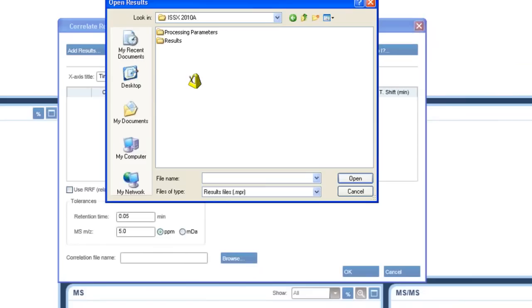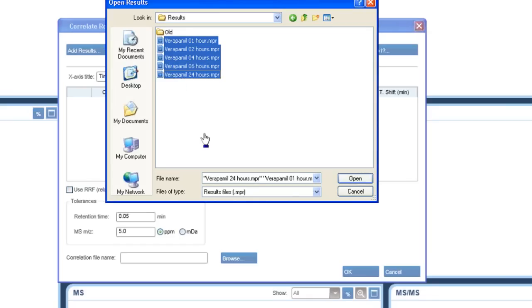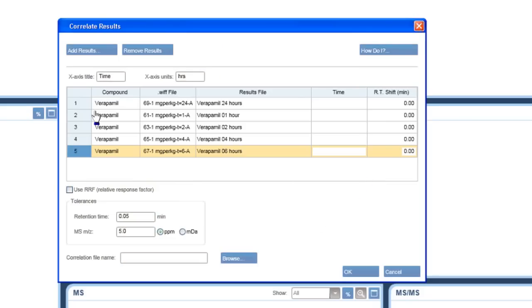So I go find the data, and here we have the various time points from 1 hour to 24 hours. I'm going to open that data into the workspace. The last time I correlated was obviously this data. I would put in time for the x-axis and hours for the x-axis units, and then I need to actually put in the time. So 24 hours, 1, 2, 4, and 6 hours,